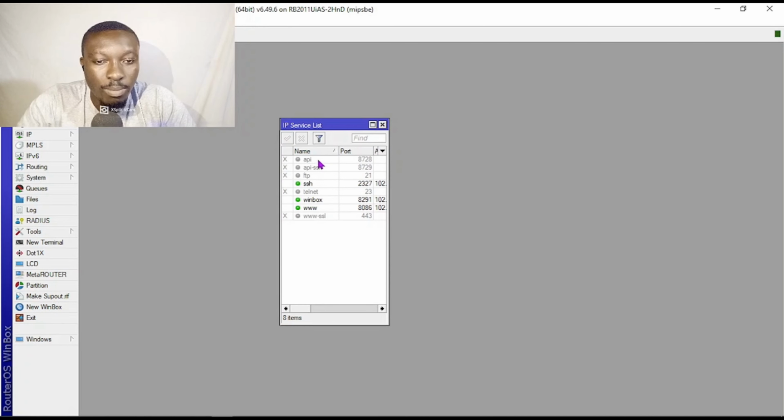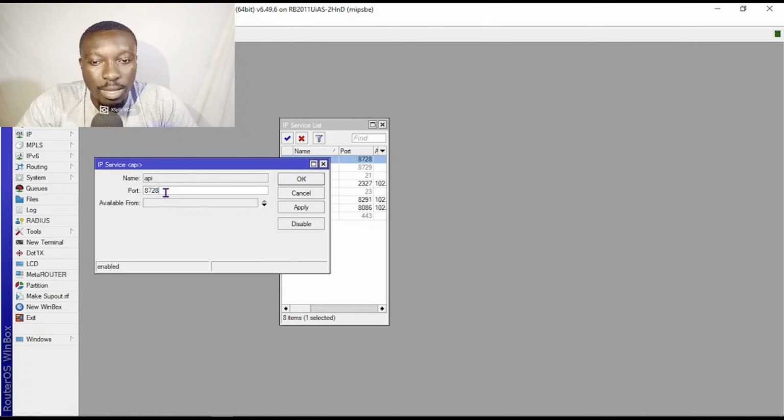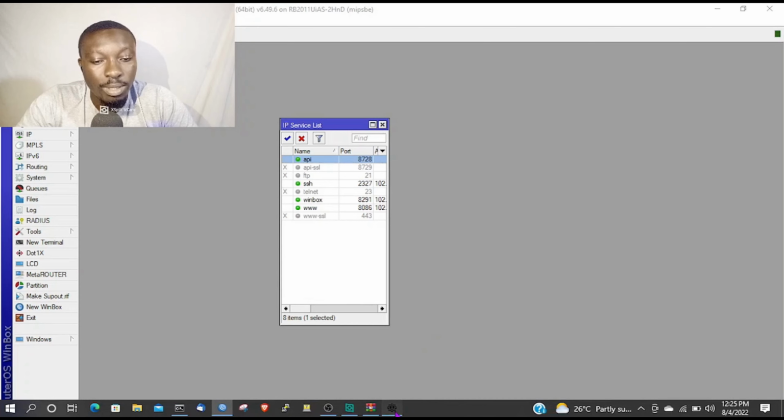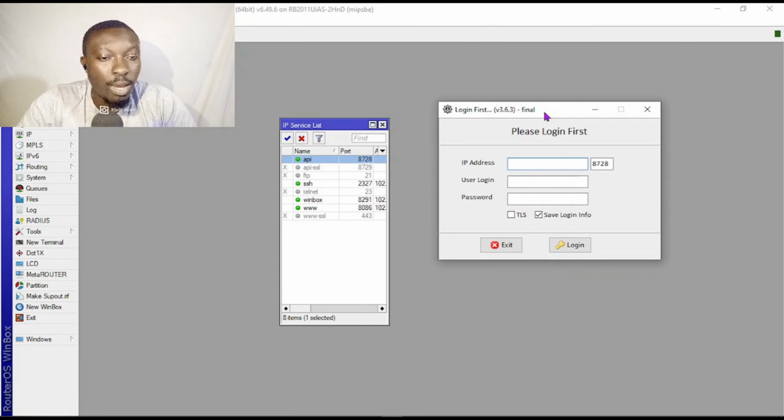You need to enable the API service in mikrotik, and this is the default port of the API in mikrotik, or you can specify your own port number, okay, but let's leave it at default. Then you return back to the application and assign the IP address of the